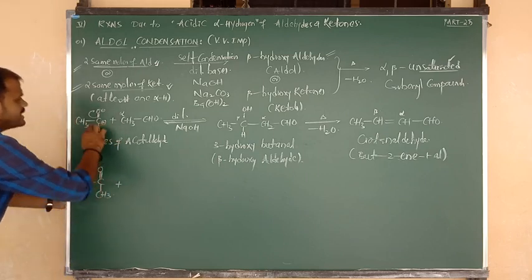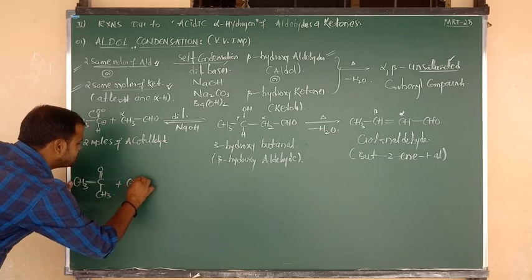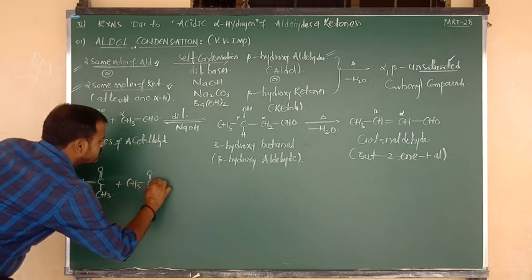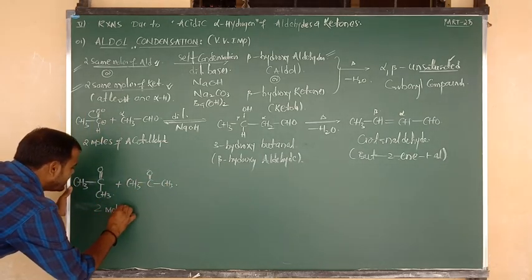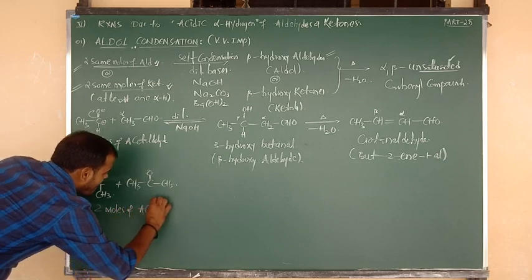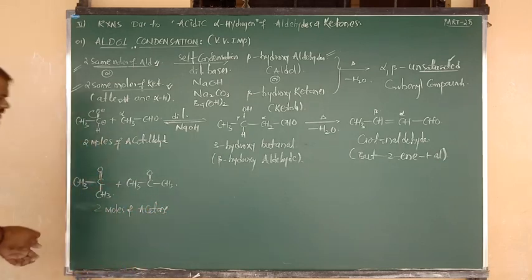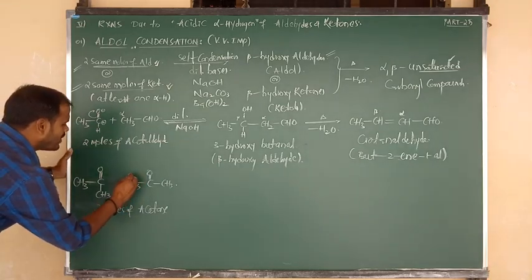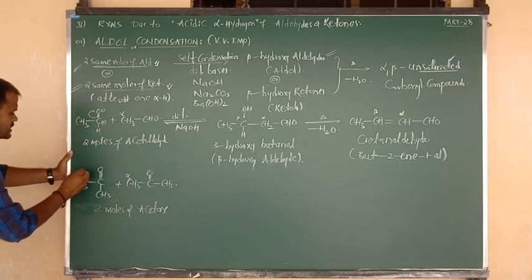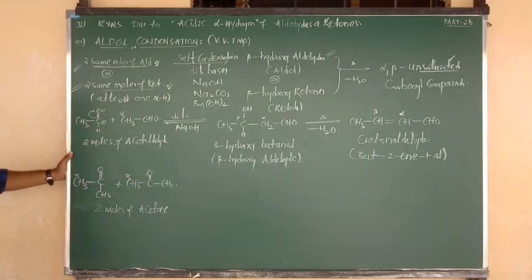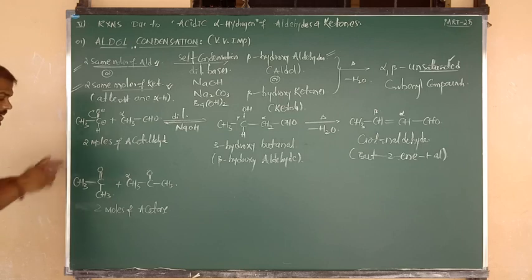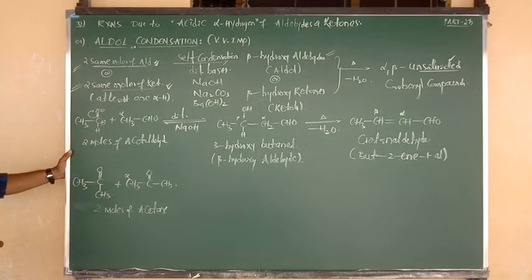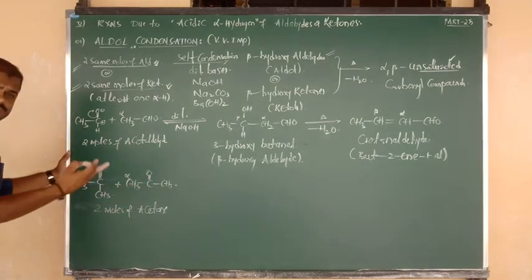Now we consider acetaldehyde plus acetaldehyde; here it is acetone plus acetone: CH3 bonded to C double bond O bonded to CH3. So I have taken 2 moles of acetone here, and they contain alpha hydrogens. The carbon adjacent to the C double bond O functional group is the alpha carbon. So all of these are alpha, but we don't need to denote all of them. We just focus on the second molecule's alpha, because from that side we are delocalizing the alpha hydrogen. Of course, you can also do it from the right side, since both are the same.